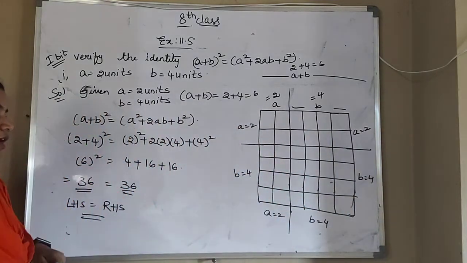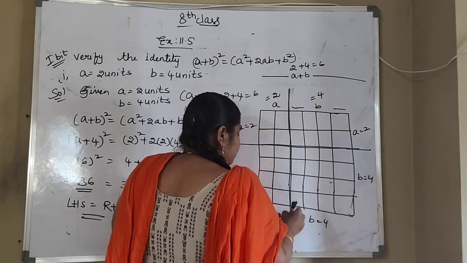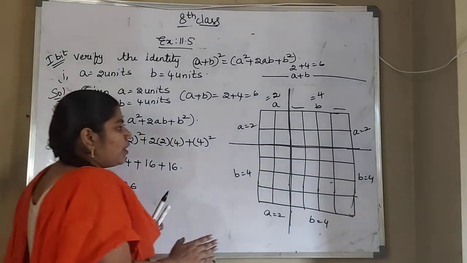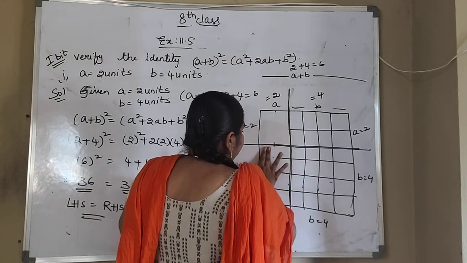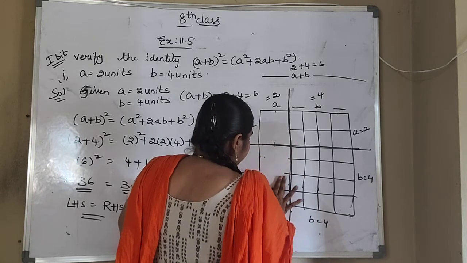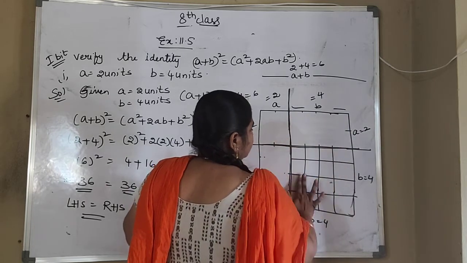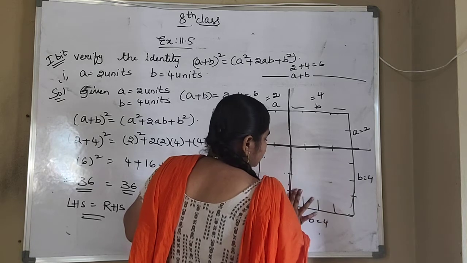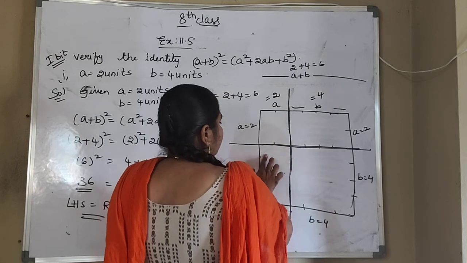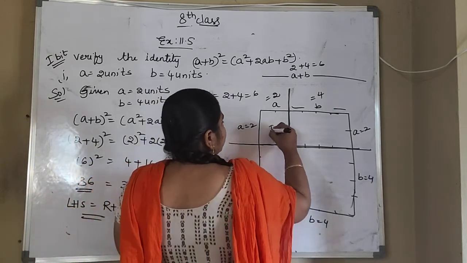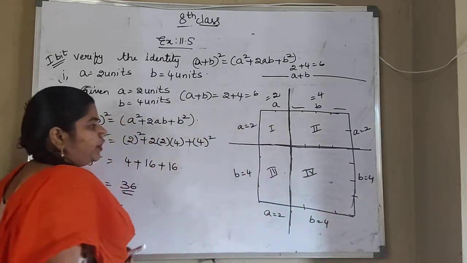So we have divided the figure. So this is the middlest line. This is the middlest line. So now I am erasing all the lines between that boxes. Okay, so this is the first figure, this is the second figure, third figure and fourth figure.